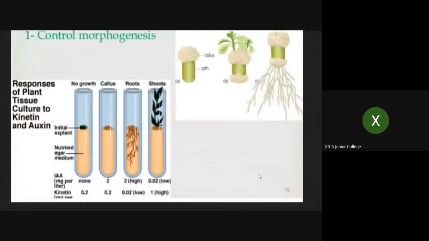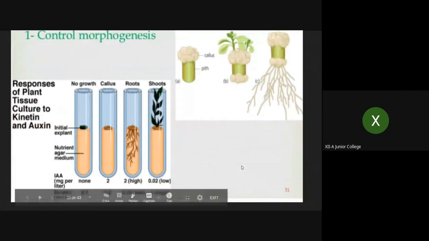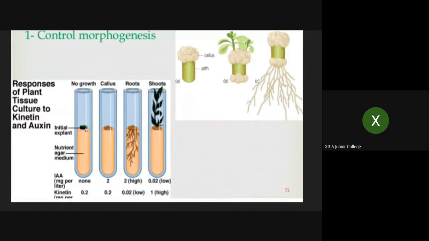And this is the diagram which shows the glass cells used, artificial. This is the artificial nutrient medium, and this is the explant. Whatever explant we use, whether leaf, root, or shoot, here an unorganized mass of cells is produced from this explant, and that is called callus.